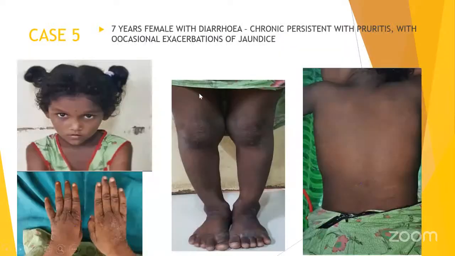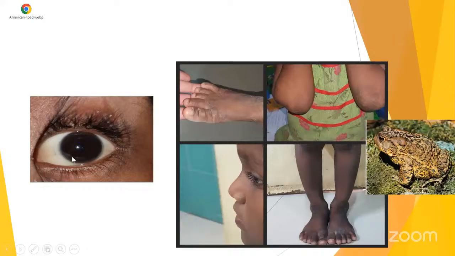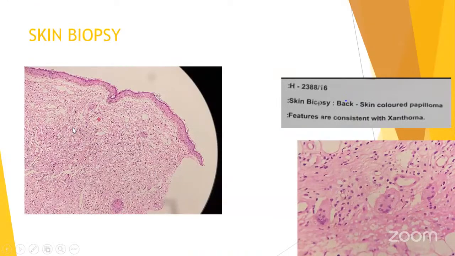And this is one interesting patient, a pediatric patient. She presented with diarrhea and pruritus. She had a triangular facies as a spotter, and she has a rickets-like deformity, and she had persistent skin changes also, on the external surface. And this is a posterior embryotoxon, which is classical. So we proceeded with skin biopsy.